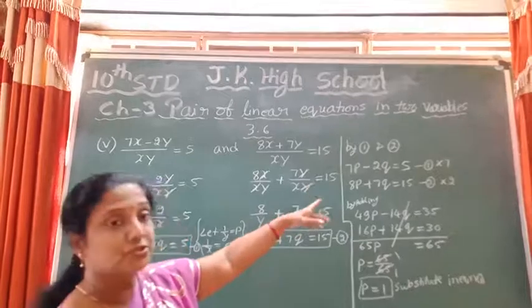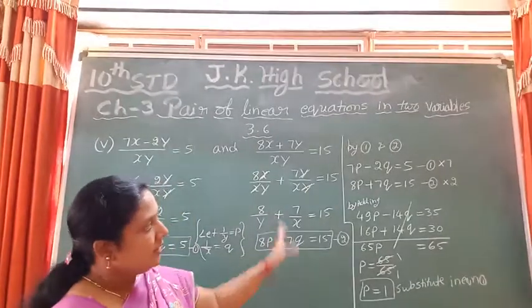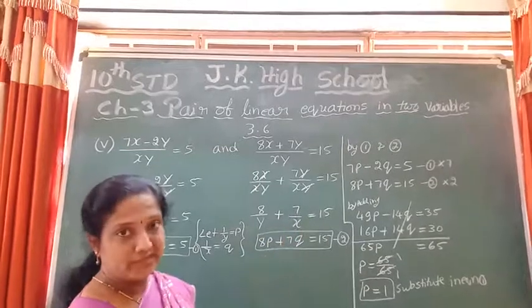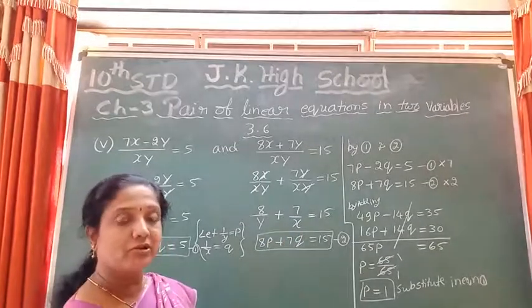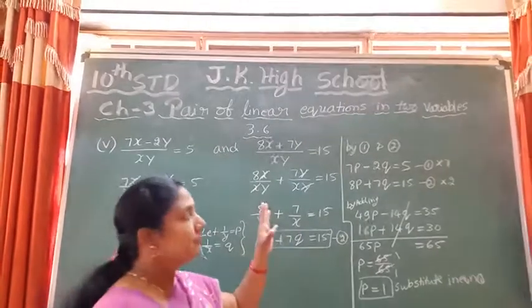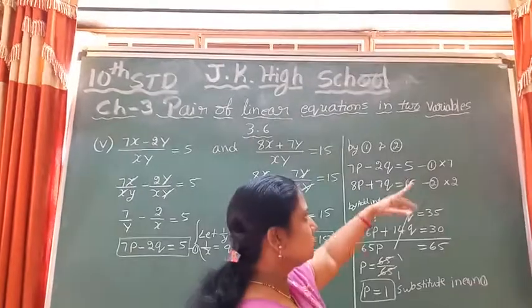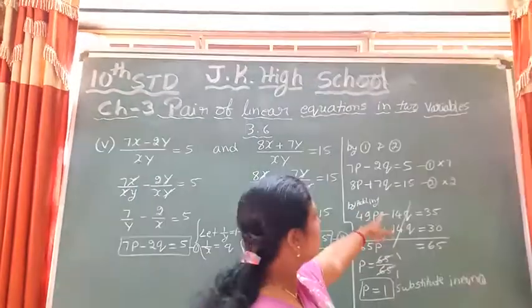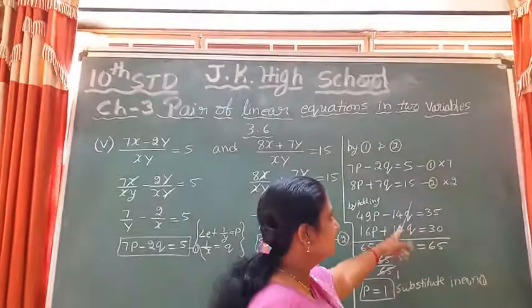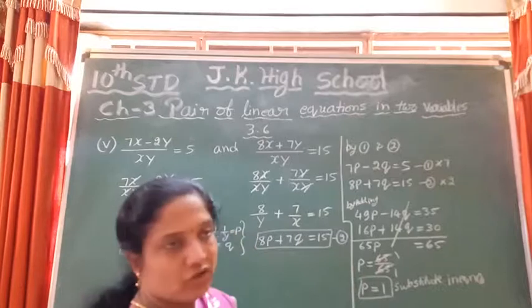By combining 1 and 2, it becomes a linear pair of equations in two variables. So we have to solve it by the elimination method. We have to make the numerical coefficient the same, with opposite signs. One term already has opposite signs, so that term only I am going to make the same. So I will interchange those numbers and multiply both equations to make that variable the same. Then by the elimination method, I eliminated the q variable and I got the value of p.